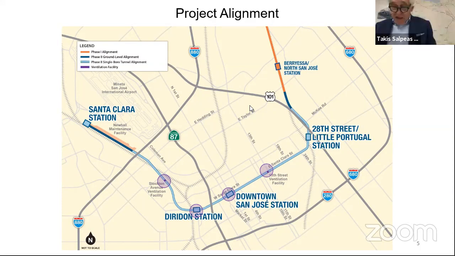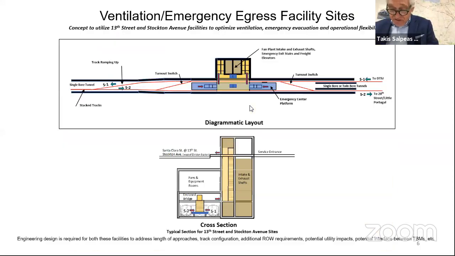I will flip now to the next page, page 6. And then I will go back to 5, but I will show you on page 6. We produce here what we call a ventilation emergency egress facility. And the typical diagram for that is a ground ventilation structure with, above ground, a service entrance, if you like.